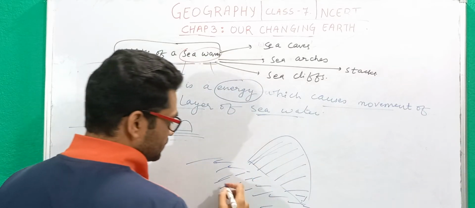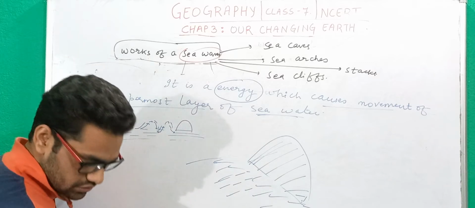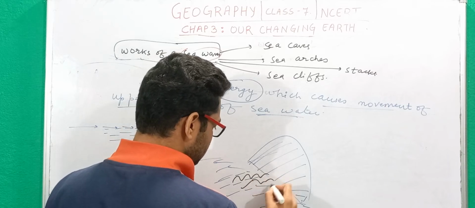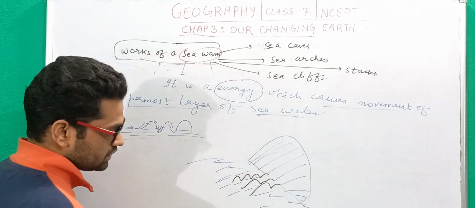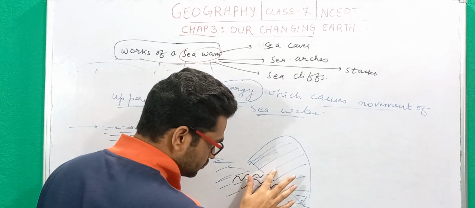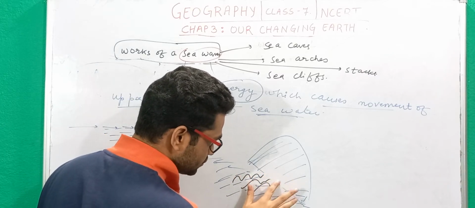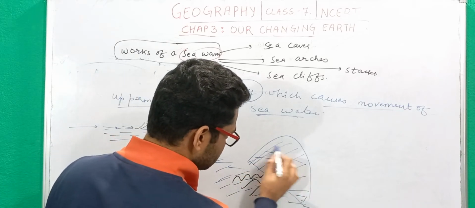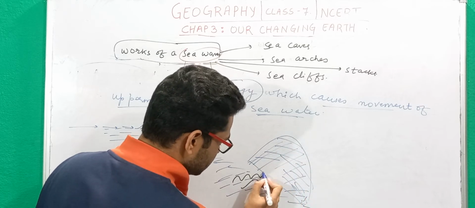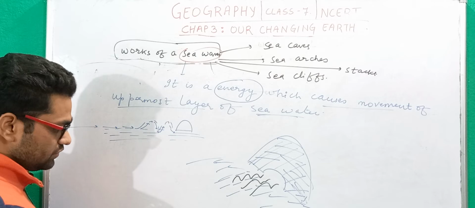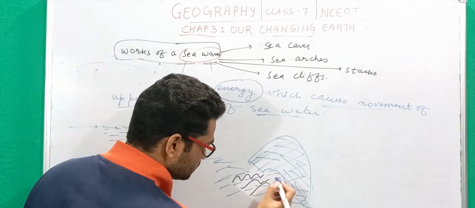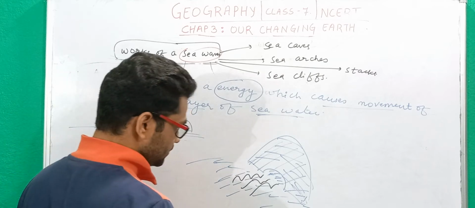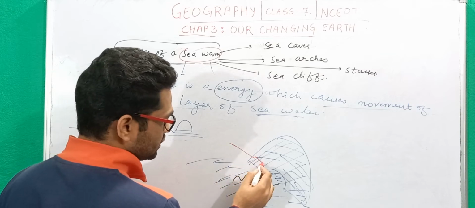Now what will happen is that after continuous strike of sea waves on this part of the rock, you will find that a small cave-like structure will get formed, because this part of the rock has eroded, and the water can now easily enter here. So this type of formation is called a